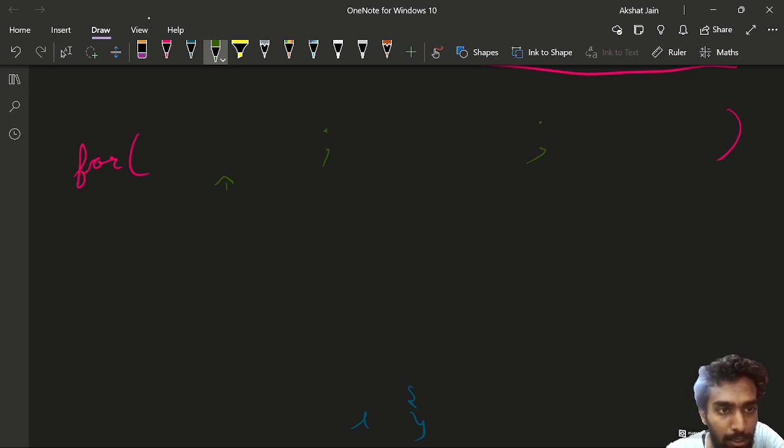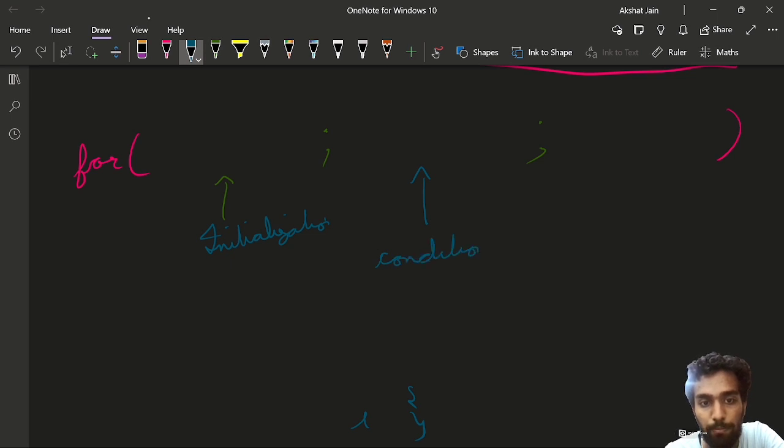This first part is initialization. This second part is condition. And this third part is increment, yeah, decrement. Okay. So what this initialization is, like we will be defining some variable and we will initialize that variable